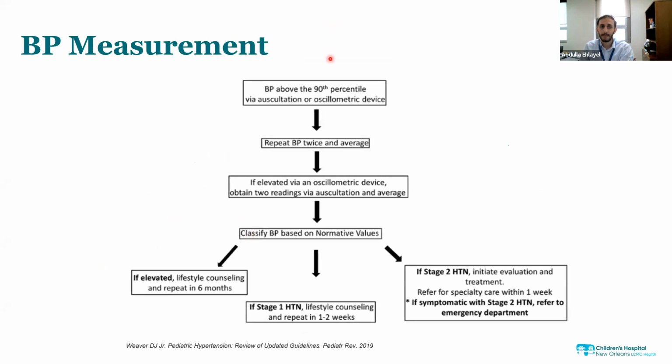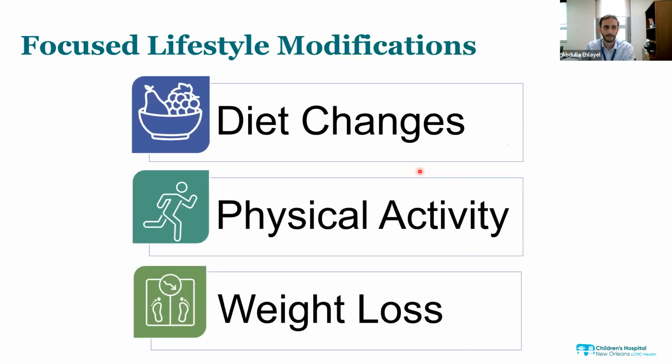So this is just a reminder that I mentioned earlier. We target the blood pressure. If the blood pressure is more than the 90th percentile, you will confirm it. This just kind of reminds you that if it's elevated, you can see them back in a few months and check their blood pressure. If it's stage 1 or stage 2, you need to act more quickly. So stage 1, we start with counseling and then have them come back for follow-up in 1 or 2 weeks. If stage 2, you should start treatment in clinic and start the evaluation in clinic, refer them to be seen. Here, the recommendation is within a week, but it depends on where you are and how easy it is to get an appointment. And if it's severe hypertension, again, this is a patient going to the emergency room.